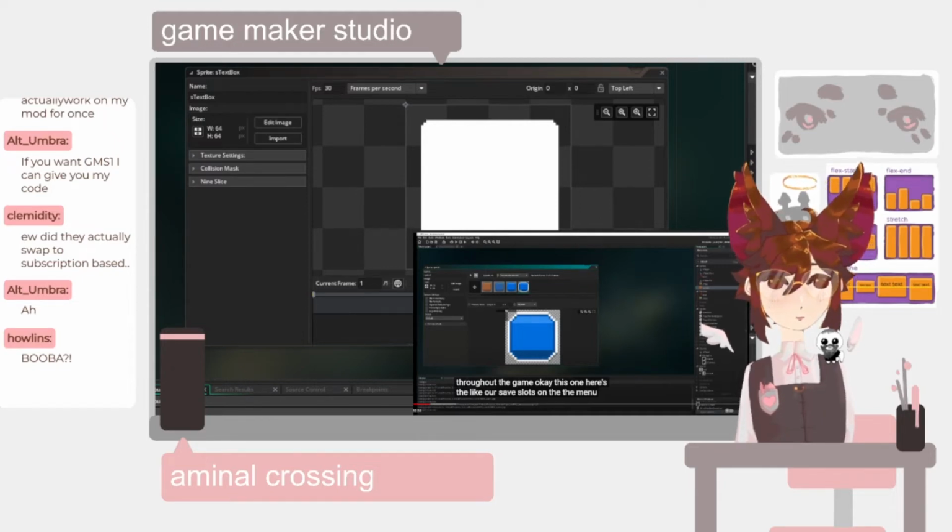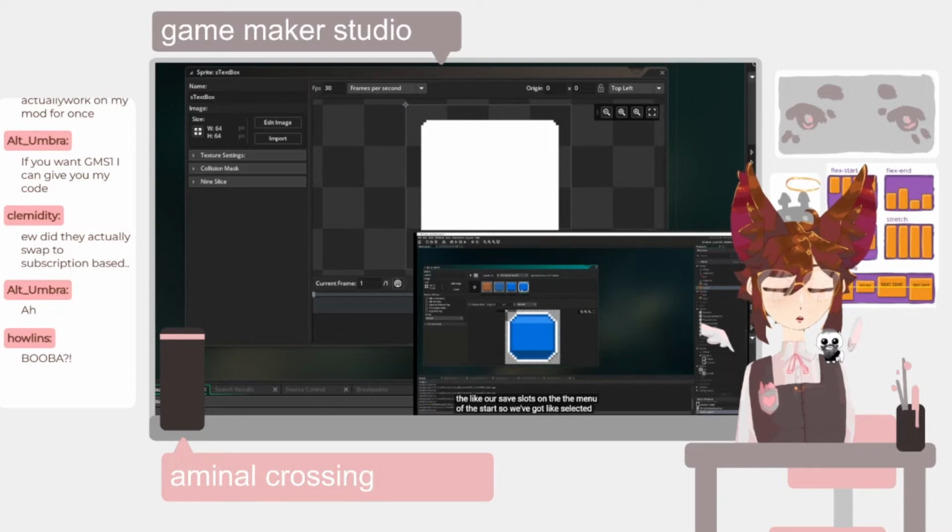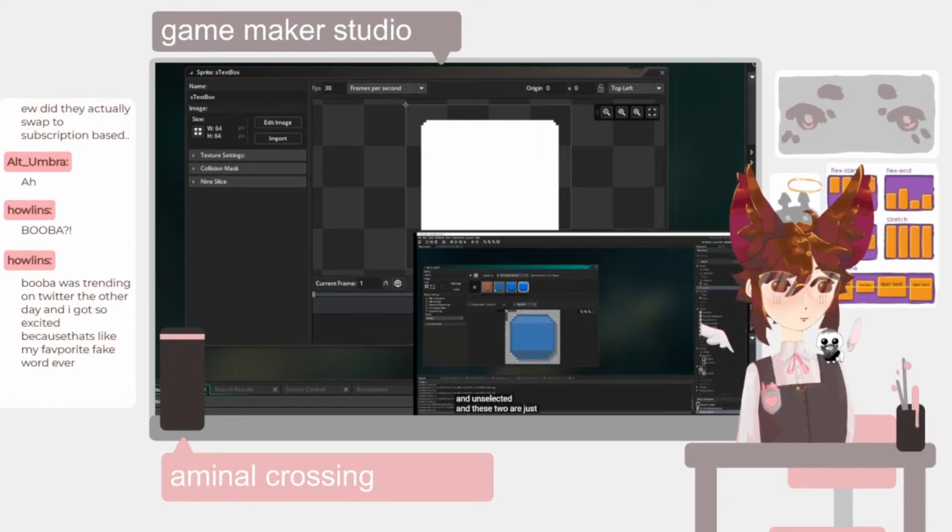I might have to start this tutorial from the beginning because I don't have a lot of his scripts, but whenever he comes to a script that he's using for this that I don't have, I just make it, so... Menu at the start, so we've got like selected and unselected, and these two are just 2 different types of